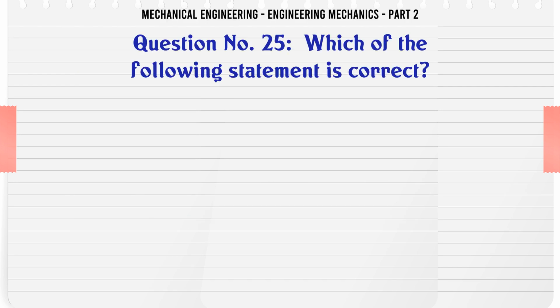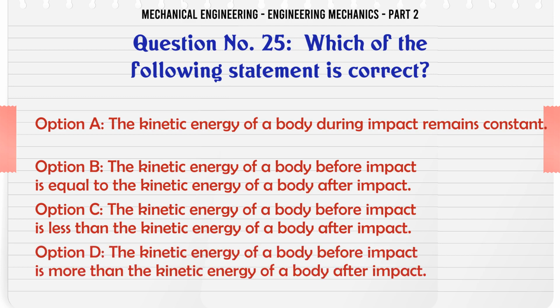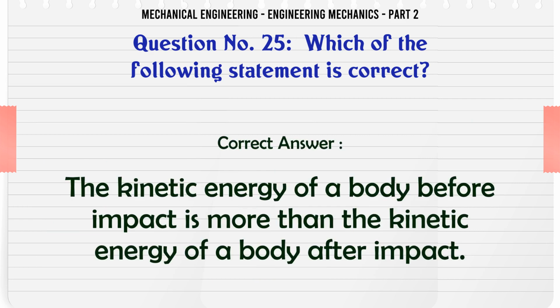Which of the following statements is correct? A. The kinetic energy of a body during impact remains constant. B. The kinetic energy of a body before impact is equal to the kinetic energy of a body after impact. C. The kinetic energy of a body before impact is less than the kinetic energy of a body after impact. D. The kinetic energy of a body before impact is more than the kinetic energy of a body after impact. The correct answer is: the kinetic energy of a body before impact is more than the kinetic energy of a